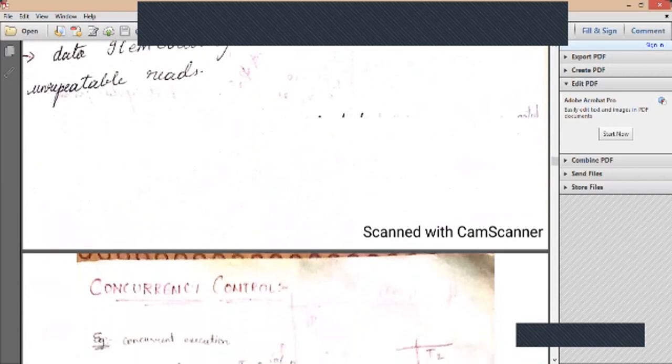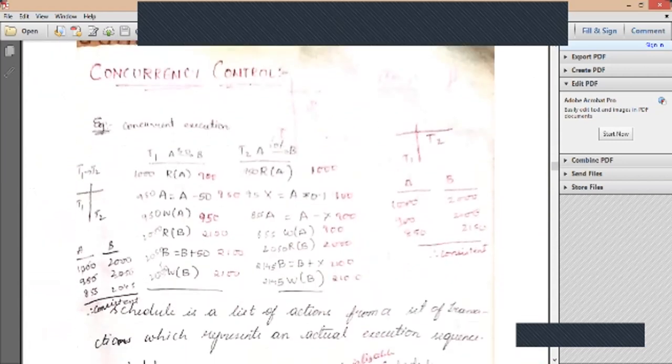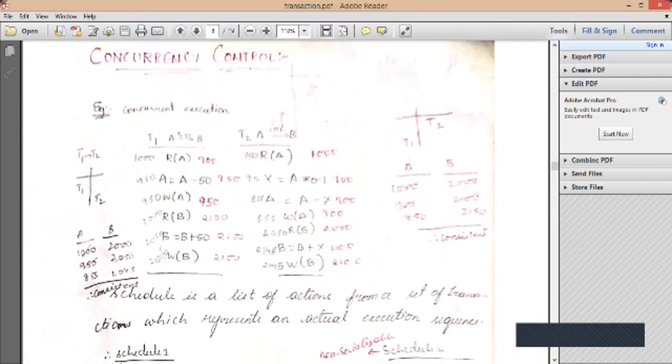So these are the 3 basic conflicts that you will find everywhere: read write conflict, write read conflict, and write write conflict. Read read is not a conflict, because 2 different transactions can read the same data. Reading is never a problem. I can see one account, and even my friend can see the same account.